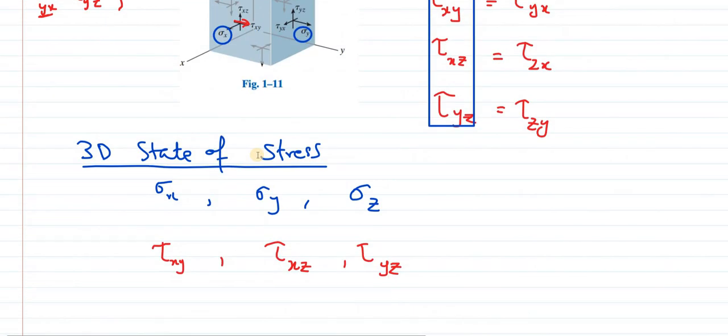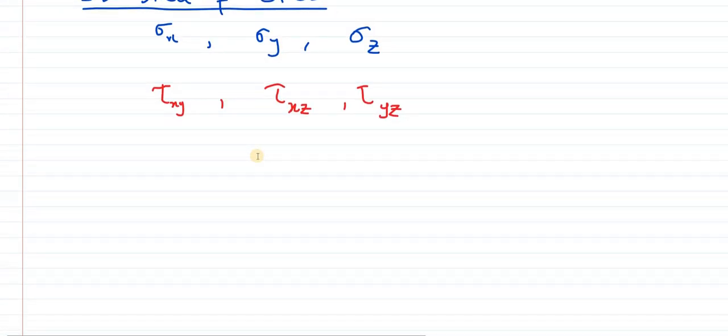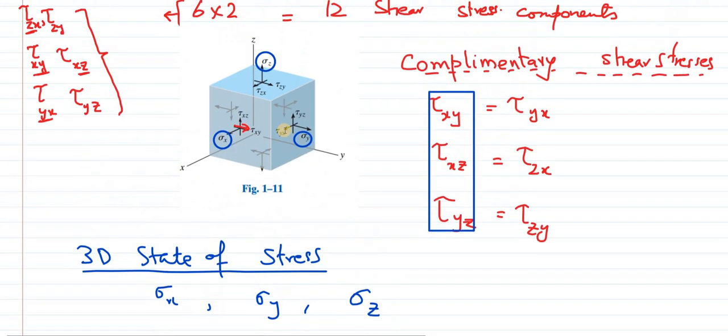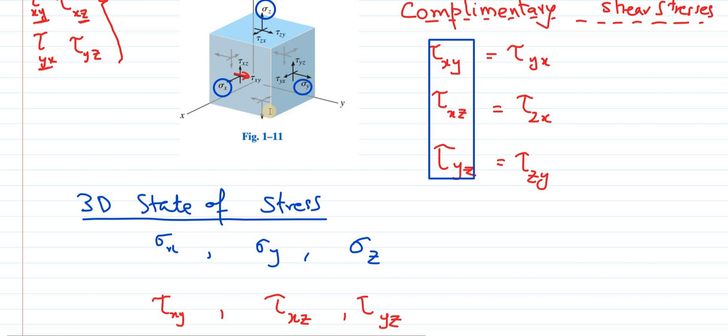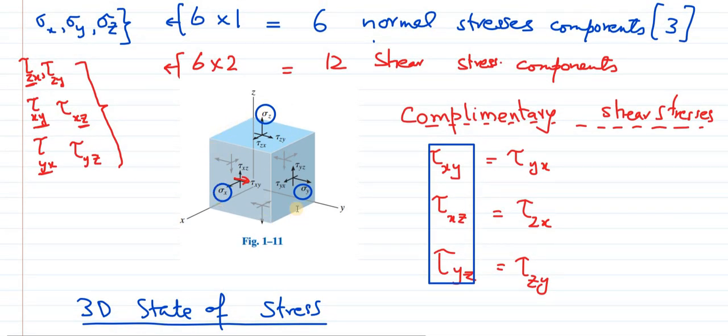The point is in the center of this cube. So when we talk about stress at a point, we are actually referring to the components of stress acting on the sides of the cube element surrounding that point. I would like to repeat this. When we say stress at a point, we are considering a cubic element surrounding that point, and on the faces of that cubic element, we want to know the components of stress.